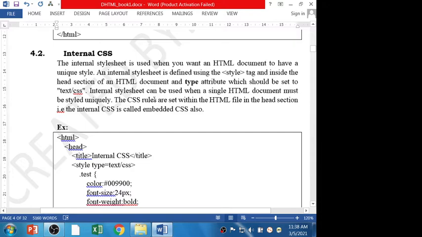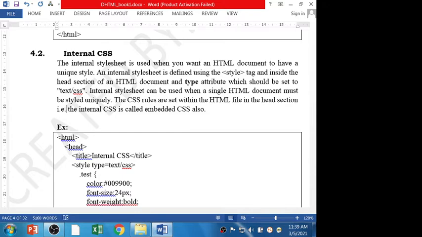The internal CSS can be used when a single HTML document must be styled uniquely. The CSS rules are set within the HTML file in the head section. Therefore, the internal CSS is also called embedded CSS, right? Because you are writing the CSS code along with the HTML code.